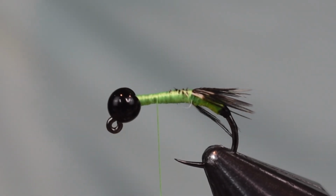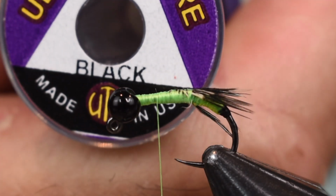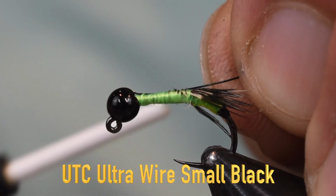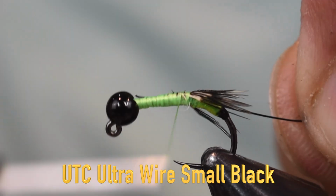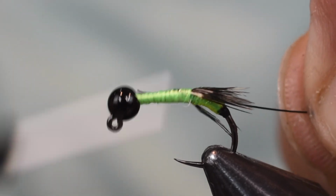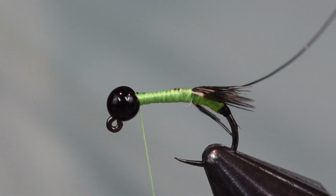Next thing I'm going to put on is a piece of small black ultra wire. And I'm just doing this to protect the case of the case caddis here that we're going to put on next, which is some turkey tail. And this is just going to strengthen the fly a little bit. So just wrap that on, wrap it back to your legs, and then I'm going to come in with a